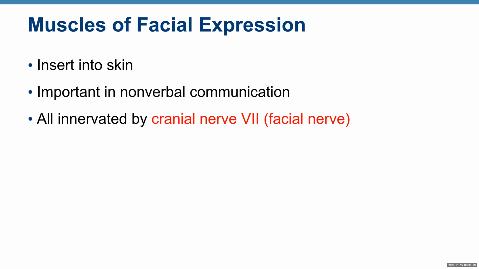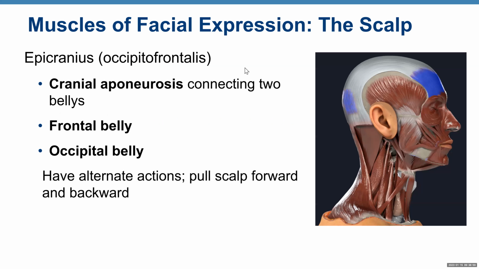That's why muscles of facial expression insert into skin, important in non-verbal communication, and are innervated by the facial nerve. It's a cranial nerve, which means it branches from the brain, and it has a number, nerve number 7. So facial cranial nerve number 7 innervates the muscles of your facial expression. And those muscles include